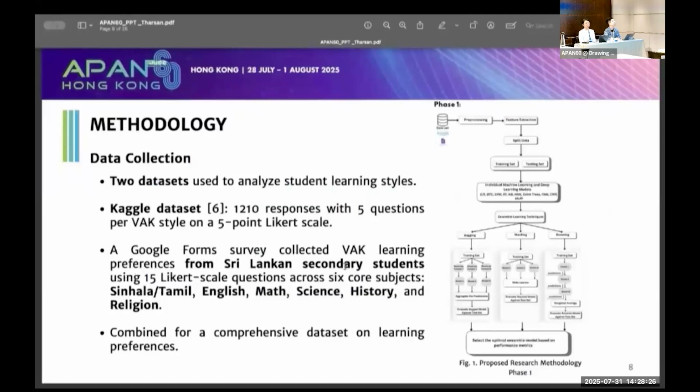The Google Forms survey collected VAK learning preferences from Sri Lankan secondary students using 15 Likert questions across 6 courses. Those are Sinhala or Tamil, English, Math, Science, History, and Religion. We combined these two for a comprehensive data set on learning preferences. Figure 1 shows the proposed research methodology for phase 1.